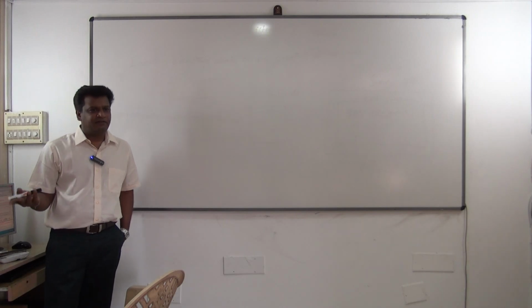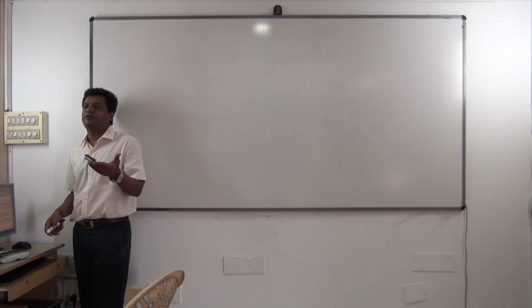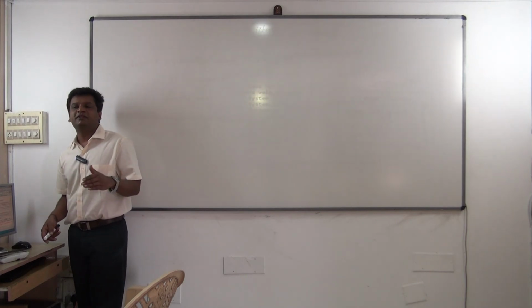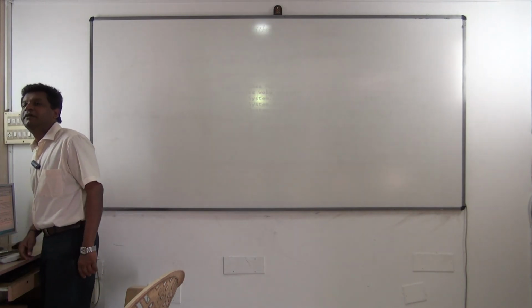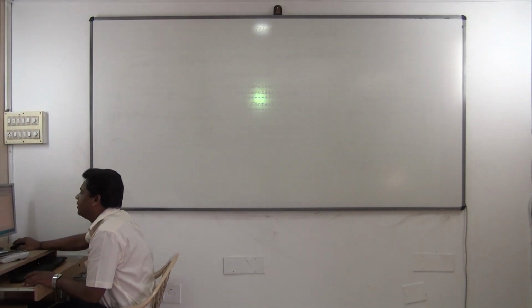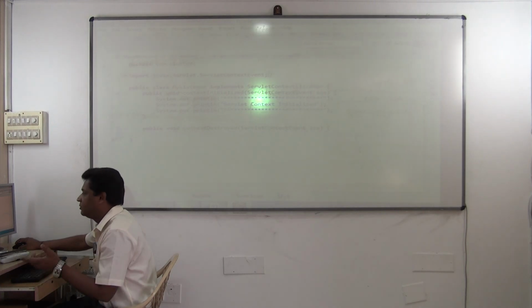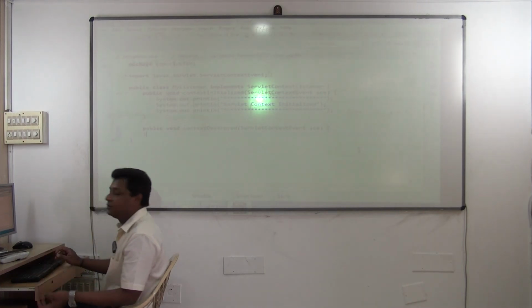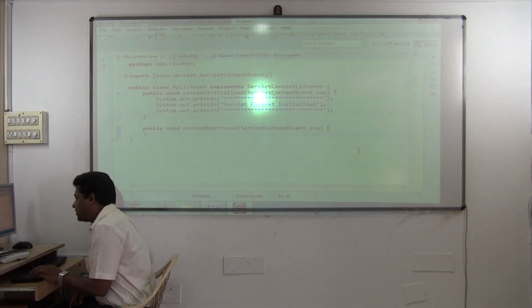If you don't want any logic, don't write. If you want, write. It's not mandatory that you have to override and write the logic in both the methods. In one method you write, in another method don't write anything. But you compulsorily have to give the body because you are implementing an interface. Remember that. According to my scenario, I don't want to execute any logic when the context object is getting destroyed. Remove it. What is there? That's all. But you have to give the body for this method. Why? You are implementing an interface. So you decide what you want to do.